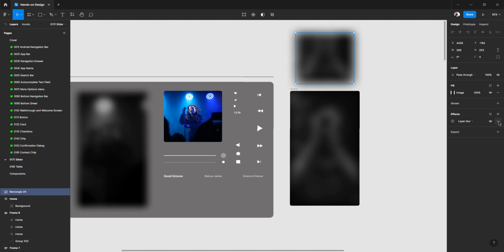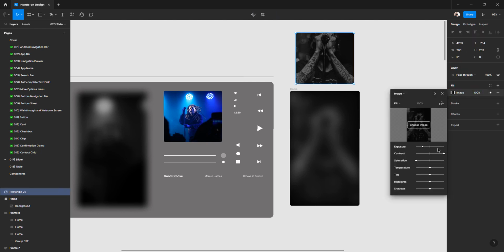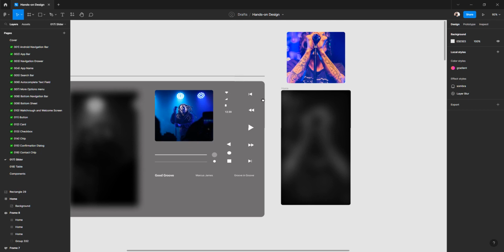The first thing, I will remove this layer blur. I'm gonna apply again these round corners, and I'm gonna open it here and restore all the sliders. I'm gonna show you sliders sometimes. I can even make it a little better, like here, and more saturation, something like this. So we have this image. I will place things like